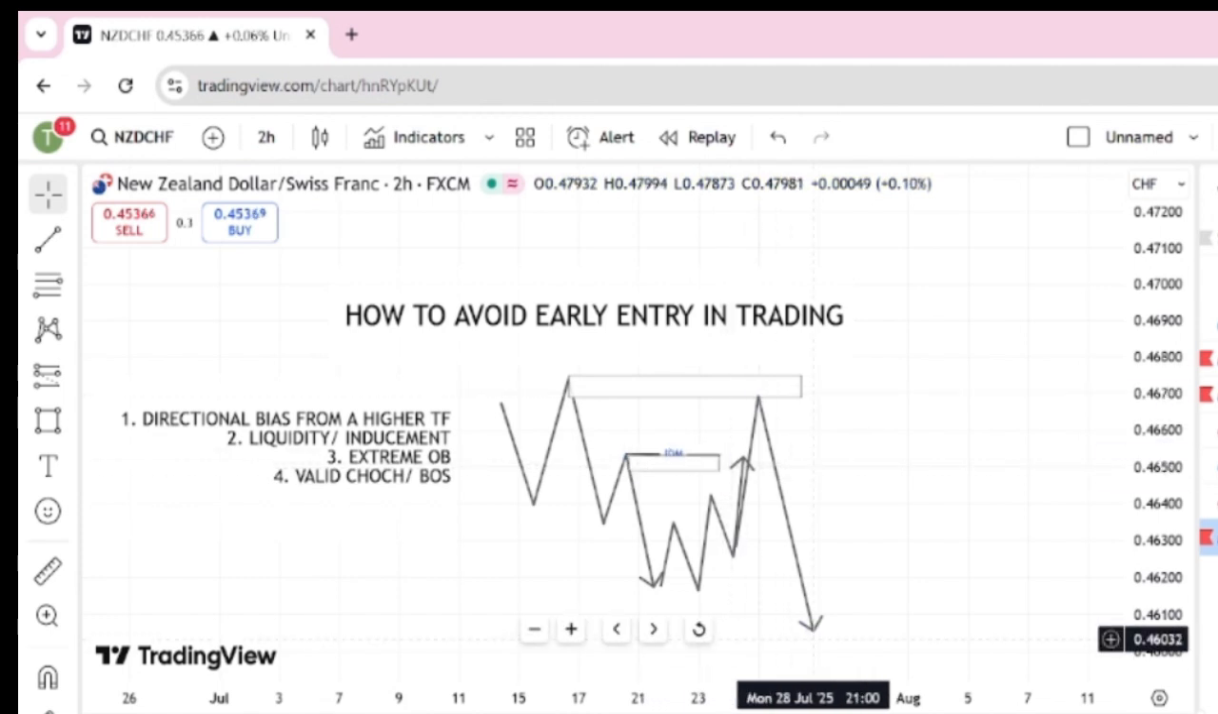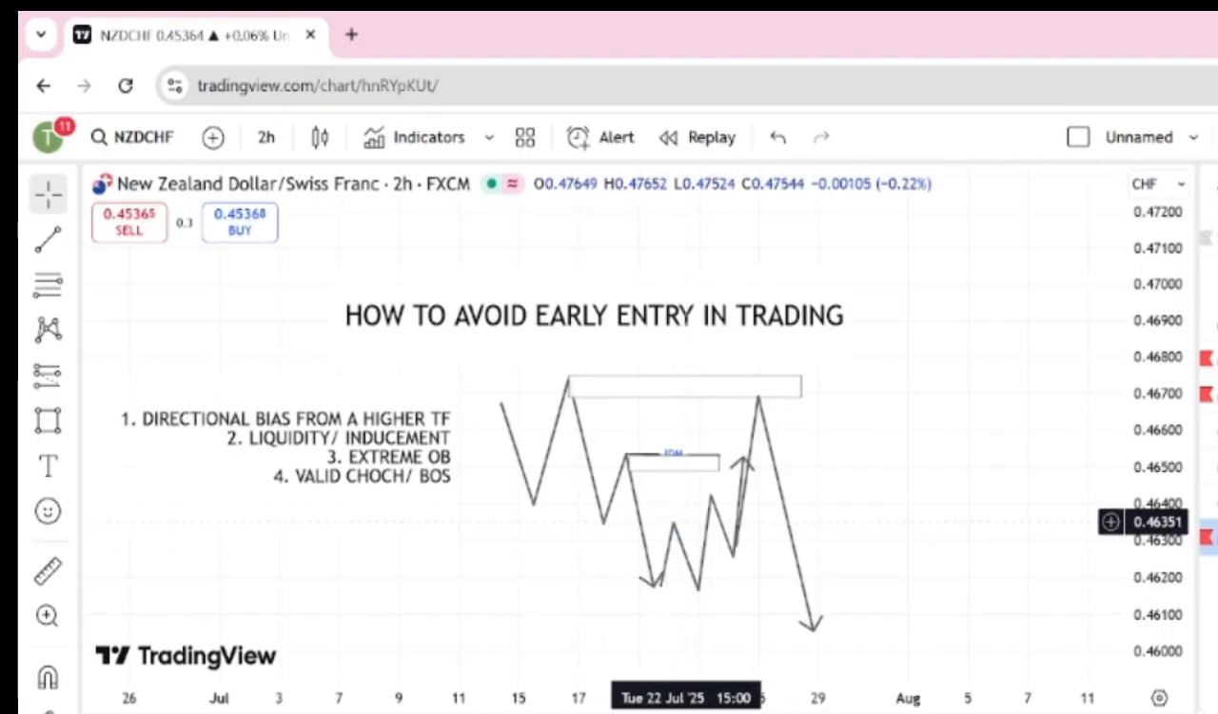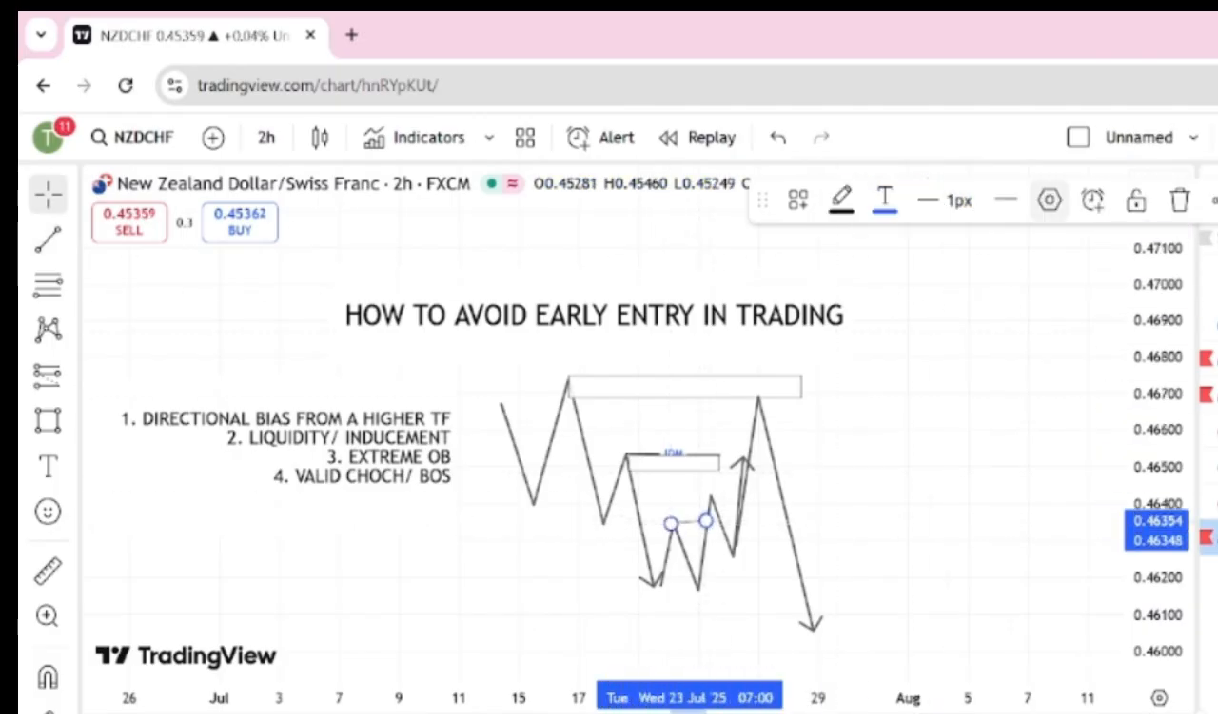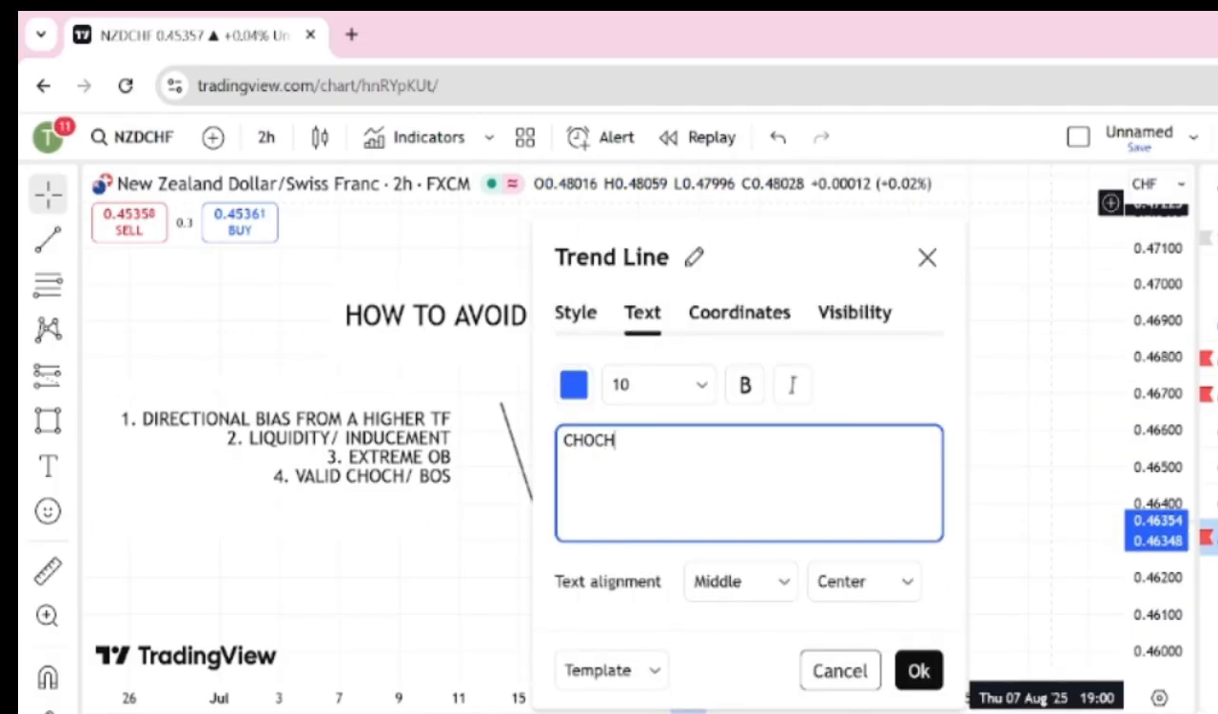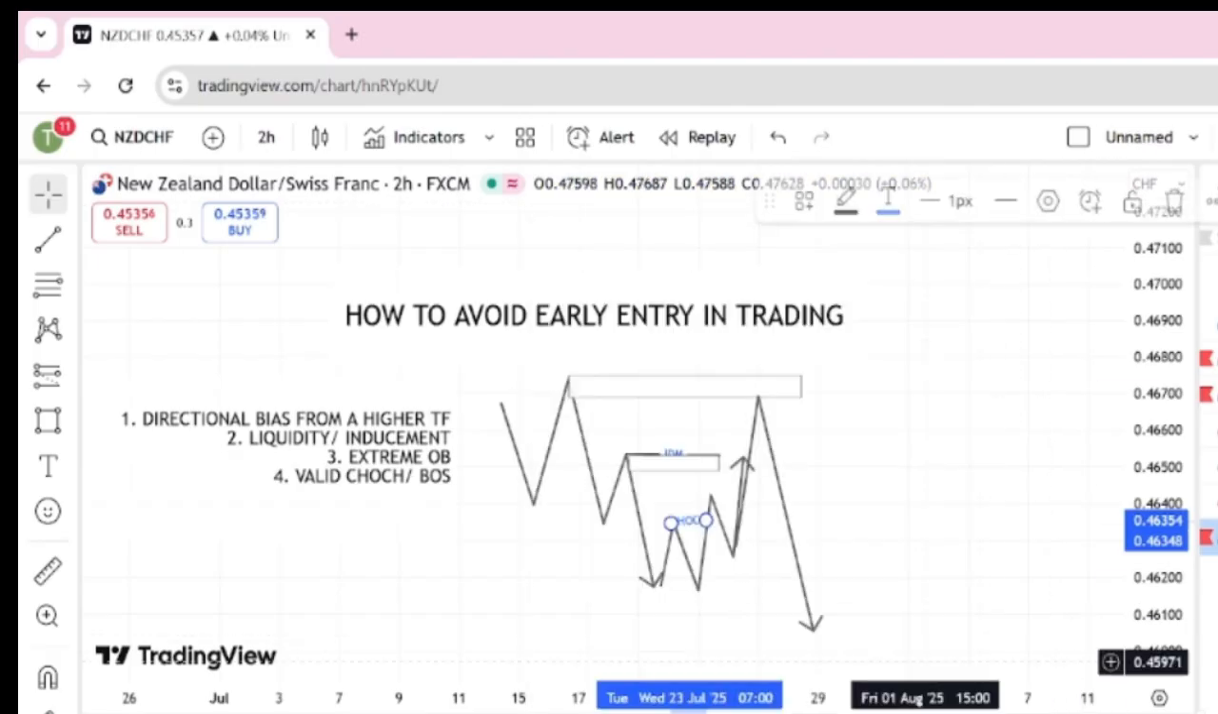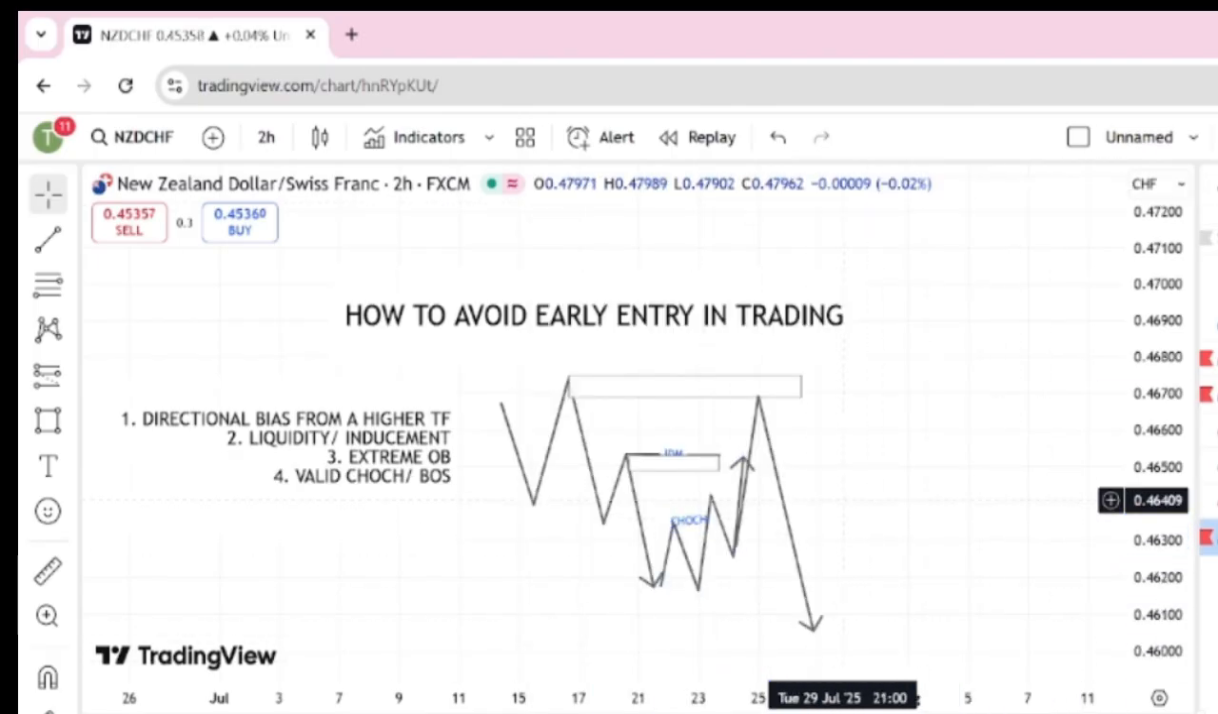So if you had a change of character at this point, if you had a change of character here at this point, it doesn't mean that the market is now bullish. On the internal time frame, this is a change of character within this internal price, but overall we are still bearish. So let's go to the charts, then get to see how we'll be using all of